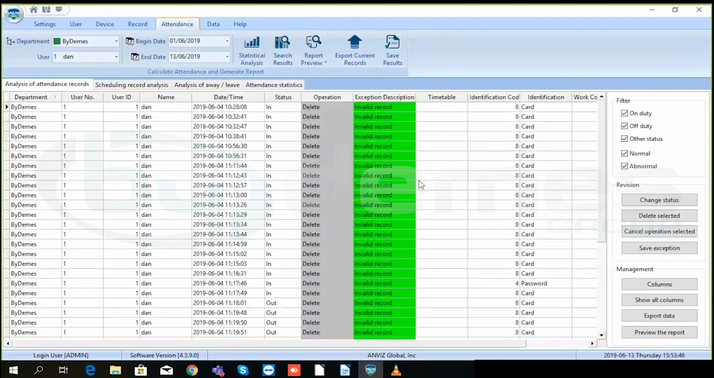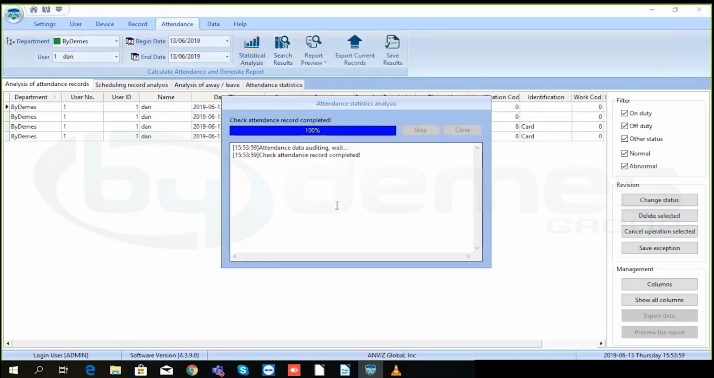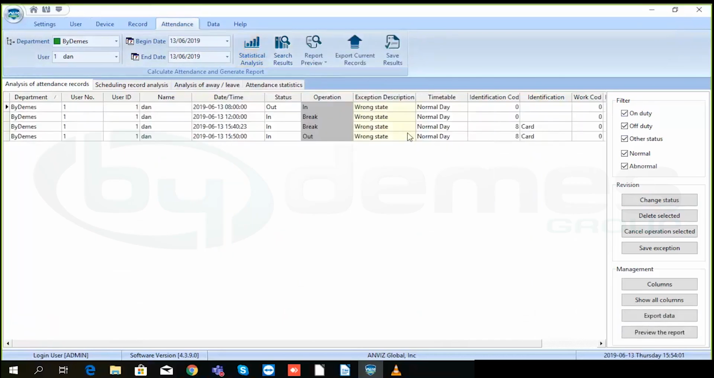So if I go here to reports and I choose only today's date, so I can only show you the last thing I just did there. So these are the ones I just did, and they're showing wrong state. They're showing this because it's obviously wrong. So what you can do here is you can go to save exceptions,